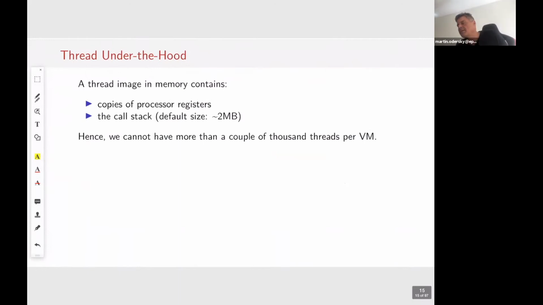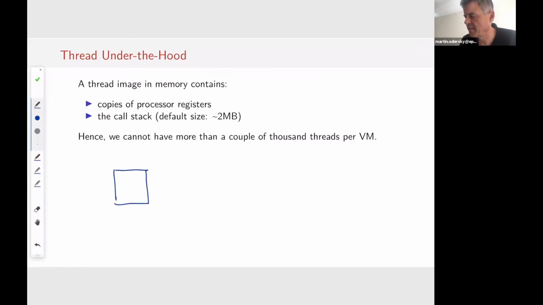Okay, so what then is a thread under the hood? Under the hood, a thread essentially consists of the registers. So R0 to Rn, and also the stack pointer and the instruction pointer, so the next instruction, basically all the registers that you can access as a programmer, as well as the internal ones. The complete state of the CPU. And then it consists of a call stack. That's essentially the stack with the frames and things like that.